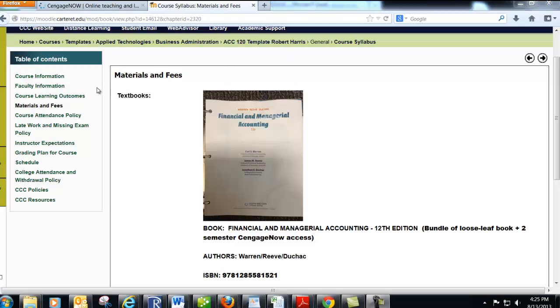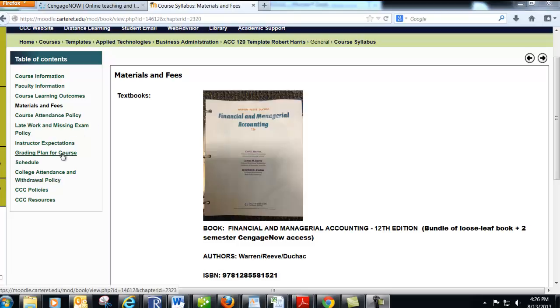Also, you'll find here information about the course attendance policy. Please make sure that you're not overcutting. If you overcut, you will be dropped from the course per college policy. Check this out about late work and missing exam policy. There's a deadline for the work, just like in the real world. If you don't turn it in on time, you're going to get a 0 for it, okay? If you have a special circumstance, sick in the hospital, death in the family, something like that, of course that's okay, but you need to let me know before the deadline.